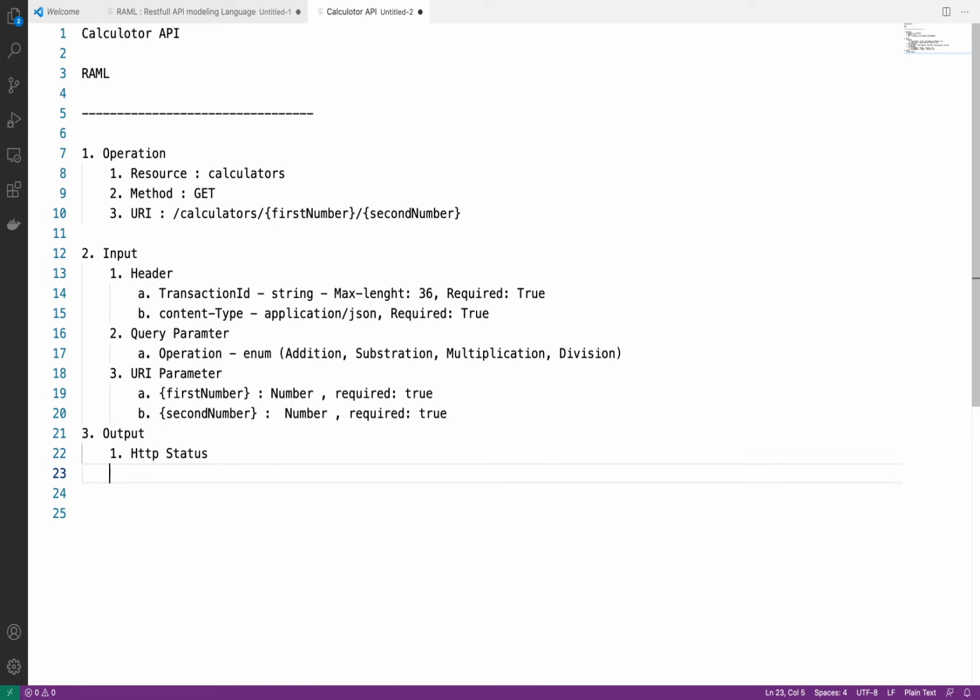So first we'll discuss 200. For the 200 HTTP status, we will have status 200 and body.